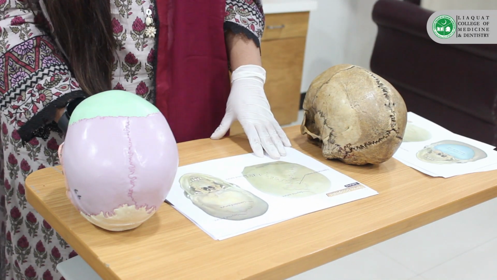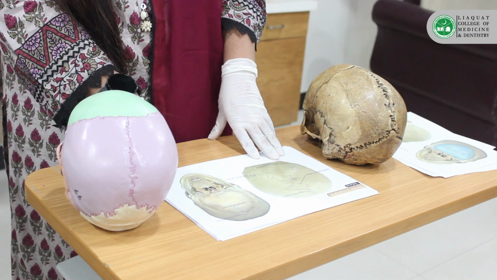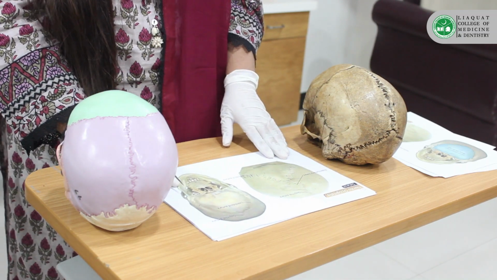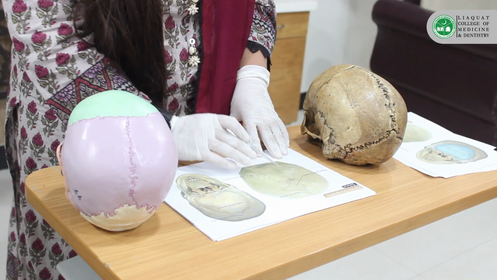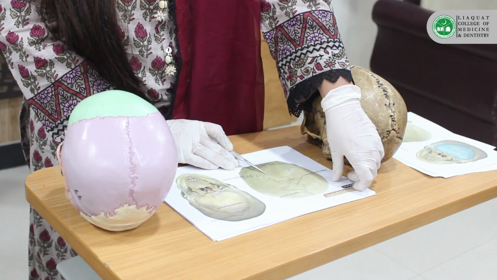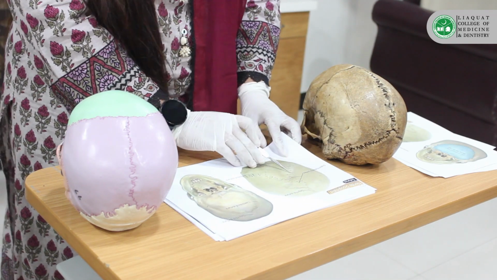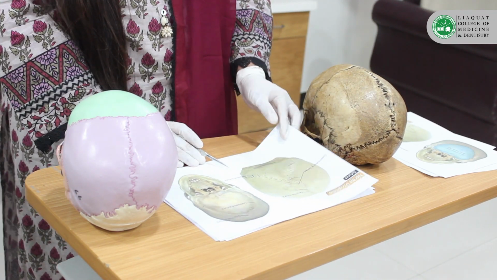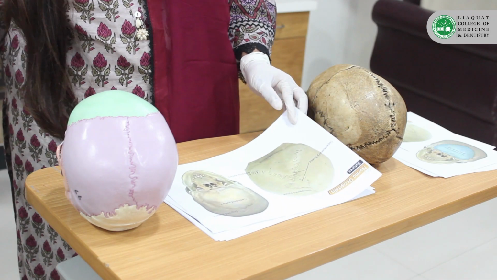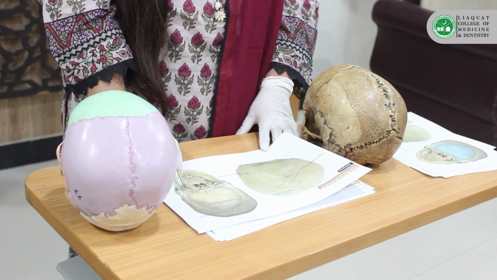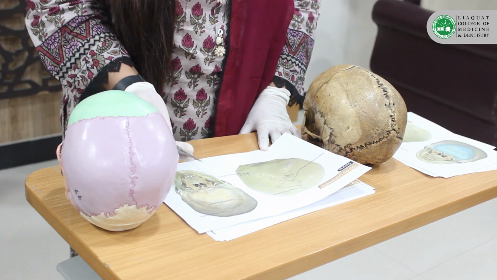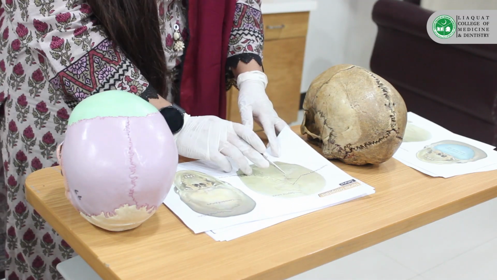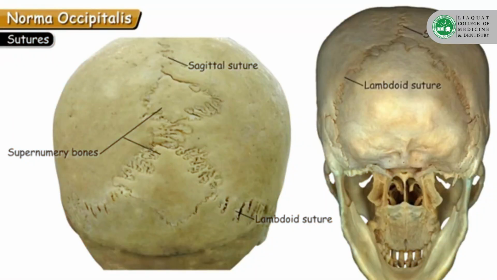Now, along the sagittal suture and the lambdoid suture, sometimes we may appreciate small individual bones which are irregular and star-like. These bones are known as the supernumerary bones. They get ossified from their own ossification centers, and these bones are just added members to the individual. It does not make any physiological difference. These are the supernumerary bones.